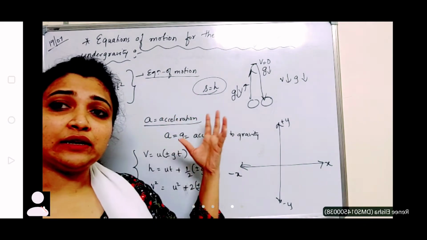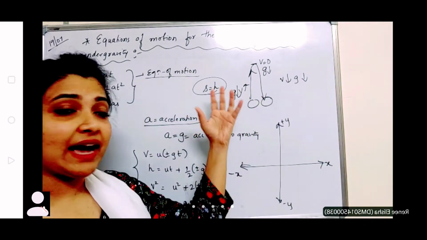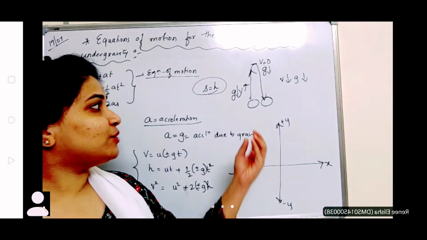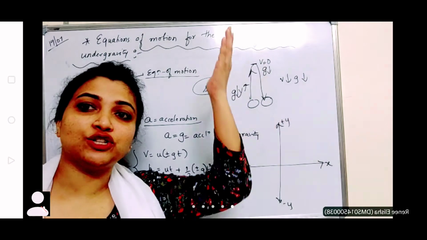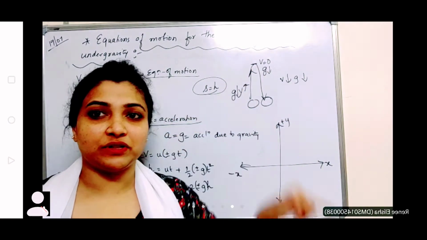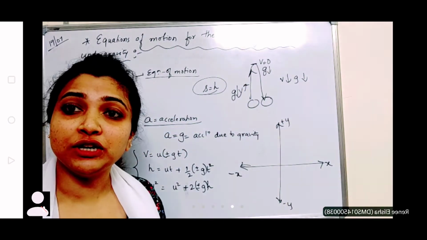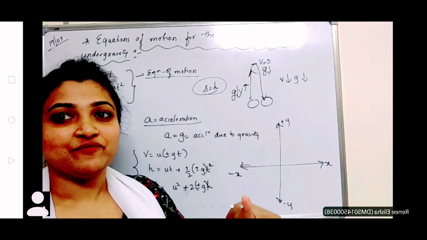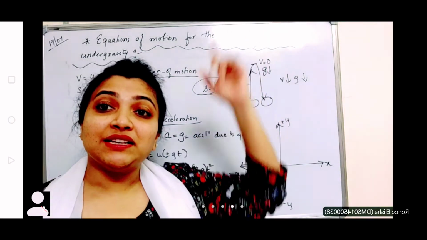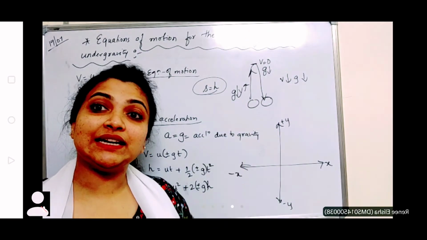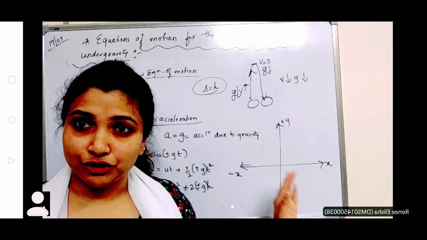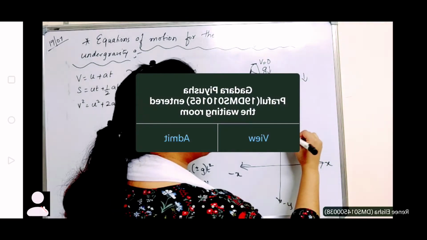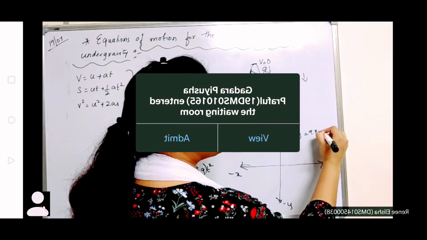Now when we look at a practical example, we come to know that acceleration due to gravity, as it goes up, definitely there is a deceleration, right? So acceleration is decreasing as it's going upward, but its sign is positive. Why? Because of the sign convention rules. Please do not confuse this, because even I was confused when I was studying. So when it's going up, acceleration due to gravity is decreasing. But according to the sign convention rule, whenever acceleration due to gravity is in the positive direction, we take it as plus g, that is 9.8 meters per second square.